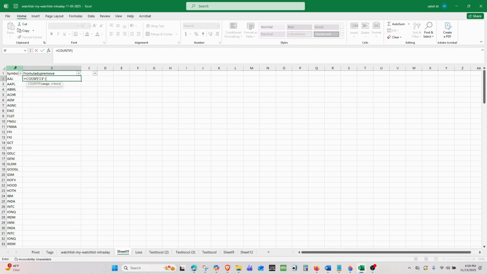So the range is, I can give column A, check in column A, starting from A2 all the way to A500. I can do that. So for that, I'm going to use absolute reference. So absolute reference of A starting with 2 and colon,